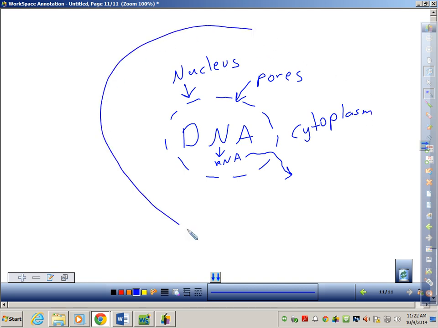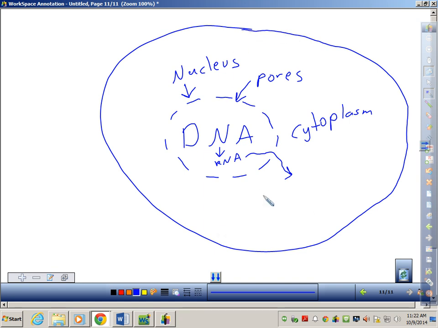Because remember, we're in this cell, right? Where in the cell are we? Exactly. All right. They go out and then they find this structure called the ribosome. We're going to talk more about this in later chapters, but I like to plant this seed for then. And ribosomes do something very special. They make proteins. So I do what's called a choral response with this. What are proteins made of? Amino acids.